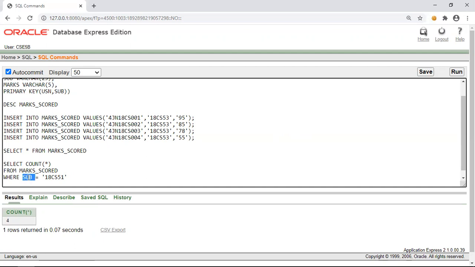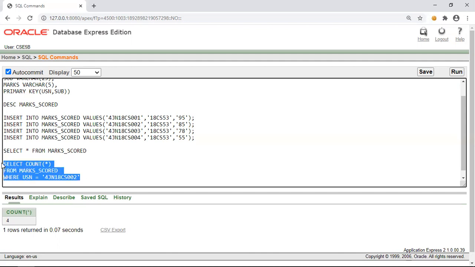So similarly, we can check how many subject entries are made for a particular USN. So here we can put USN is equal to 4JN18CS002.